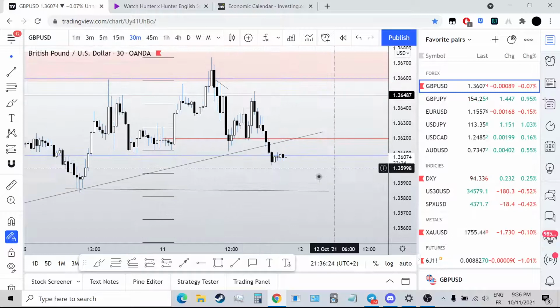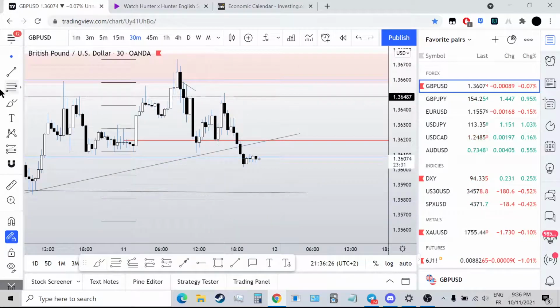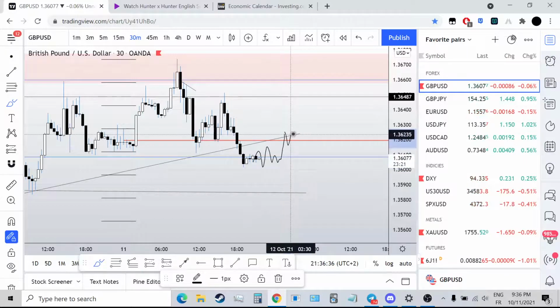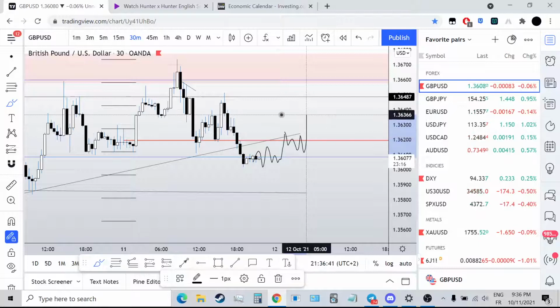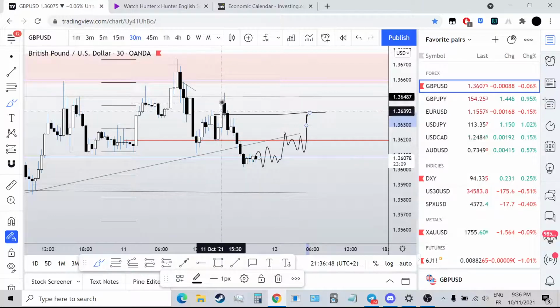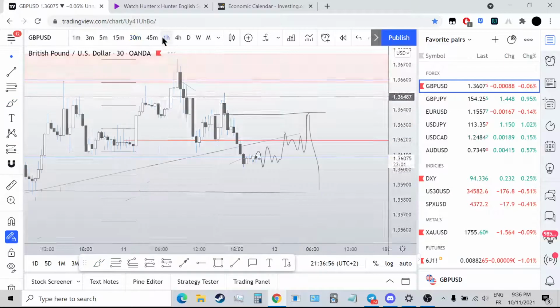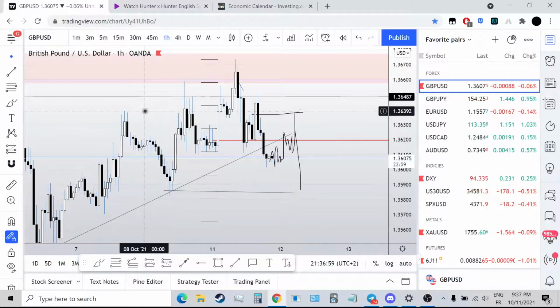What I am looking at for tomorrow's news that comes out Tuesday, around the London session, an hour before London open, I would like to see price actually come up. It's going to hover right here, and then it might hover right here, then come up during Asian session, range a little bit, create some liquidity, and then run up here, come into this refined order block, which is kind of like the mean threshold of this bearish order block right here, this up candle. Then there might be a move inside of here that I would potentially like to take.